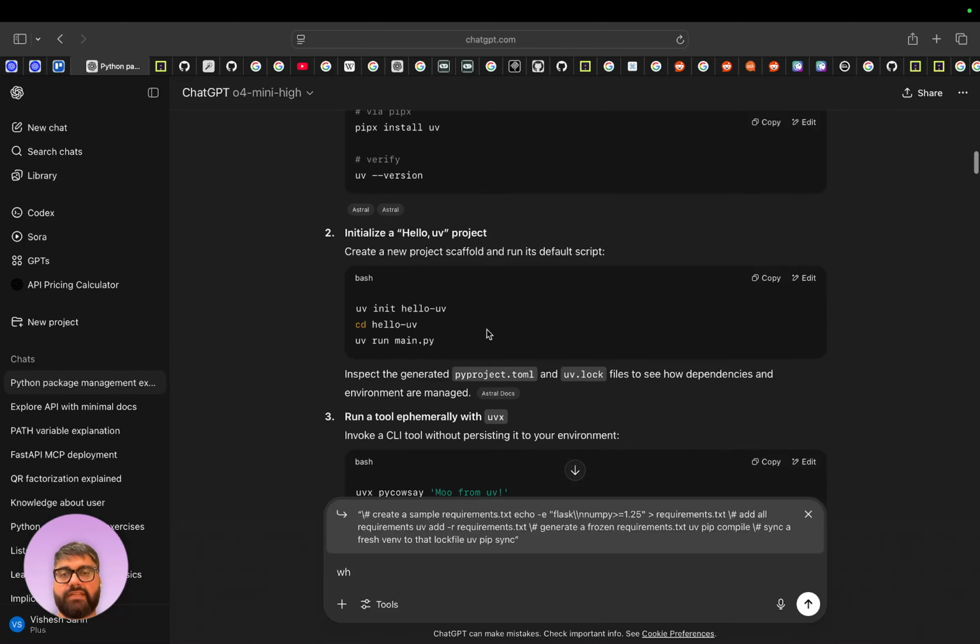So uv init is nice. It sets up your main.py, your pyproject, your everything. Another thing that's neat about uv is this was something that was unique to Anaconda before, but you can have separate Python installations, and it manages each one separately, and you can pin each project to a separate Python version.